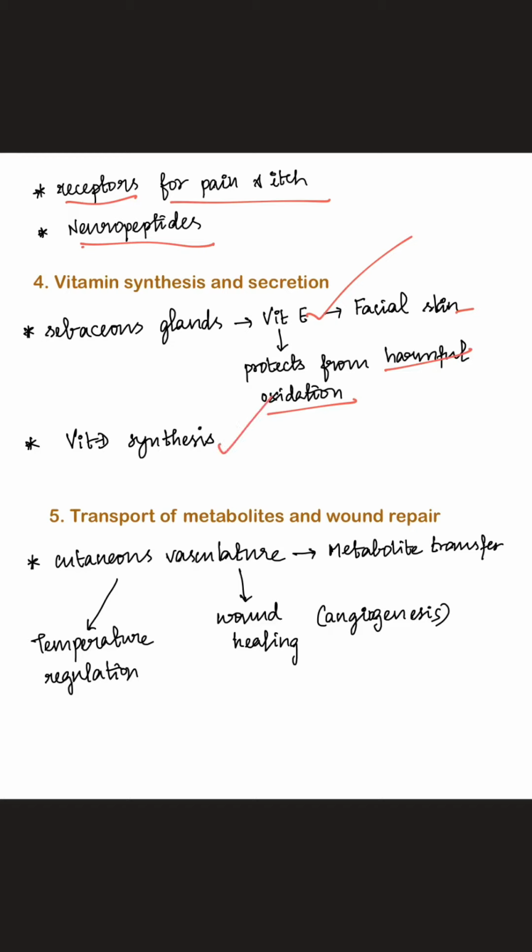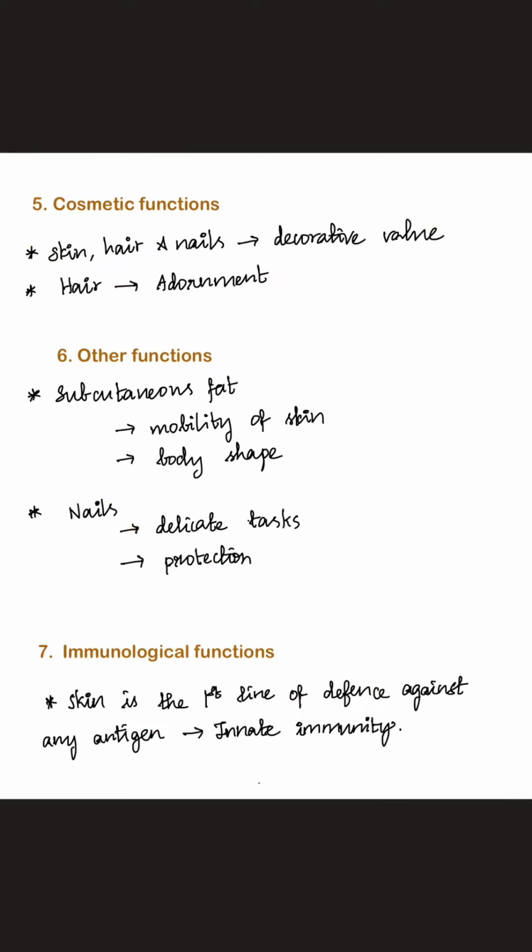Next is the transport of metabolites and wound repair. So the cutaneous vasculature helps in the transport of metabolites and temperature regulation as we saw already, and also wound healing by angiogenesis. Regarding cosmetic functions, the color of skin, hair and nails have a decorative value, and other functions include functions of subcutaneous fat. It helps in mobility of skin over the underlying structure, and it gives shape to the body,